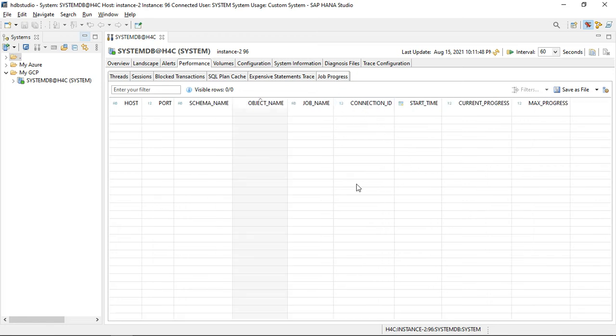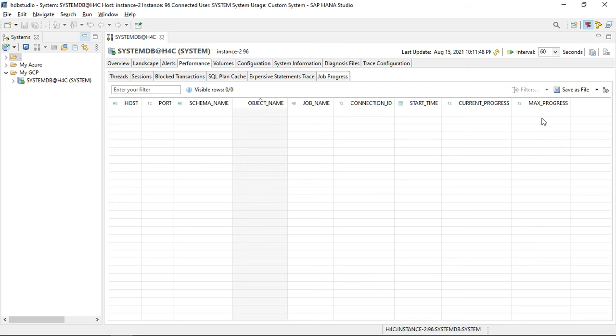Next is job progress. Job progress shows all your database level jobs, for example data merges, backups, or your system replication jobs. This will be visible over here, so if you want to monitor any job, you can come here and monitor it. Here I would like to highlight two important columns: current progress and max progress. They are very helpful in understanding the status of a job.